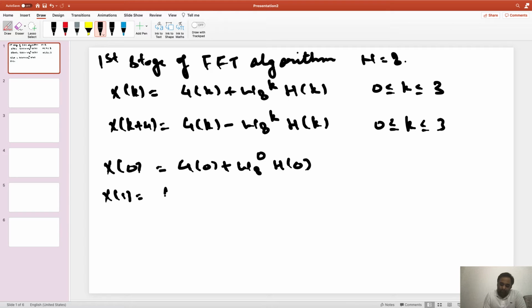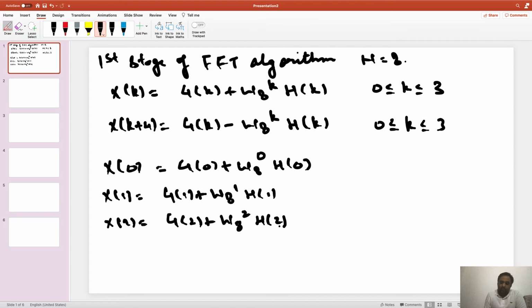X1 is going to be G1 plus W8^1 H1, X2 is G2 plus W8 to the power 2 H2, X3 is G3 plus W8 to the power 3 H3, and